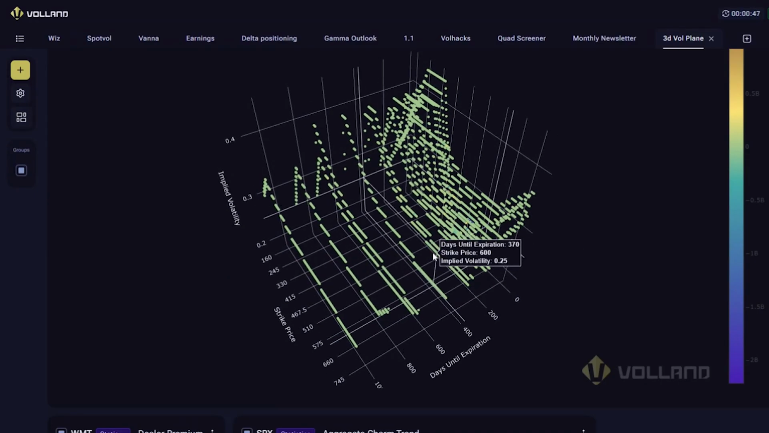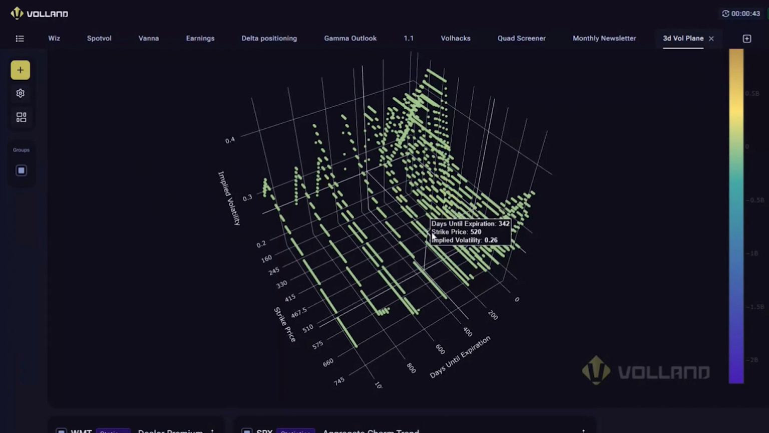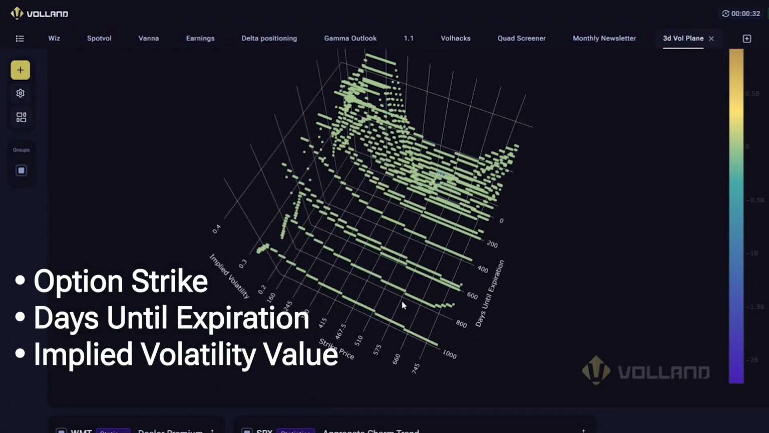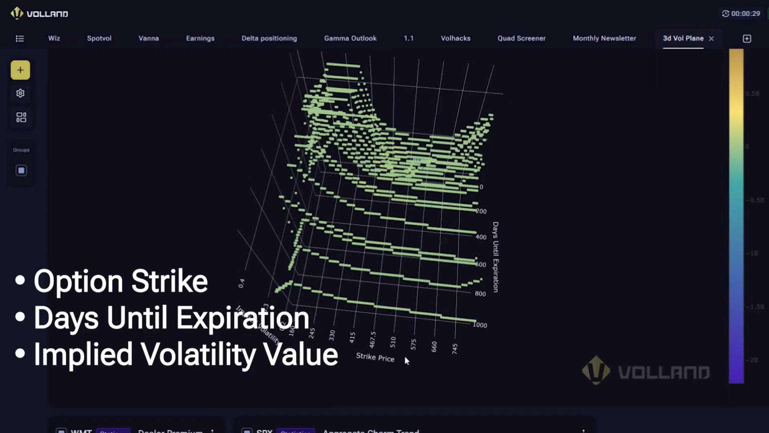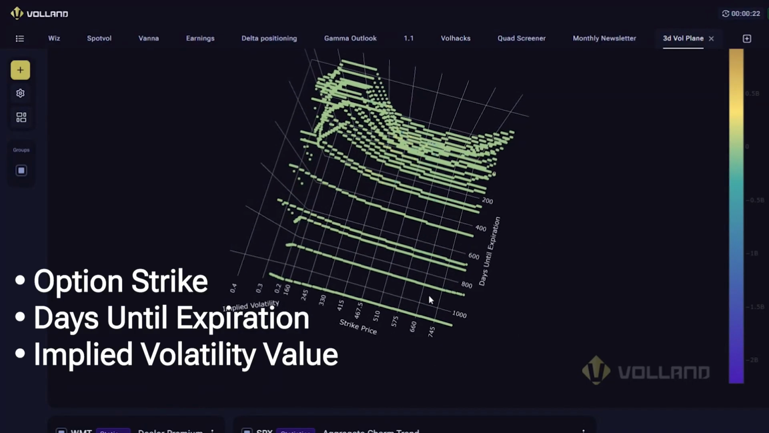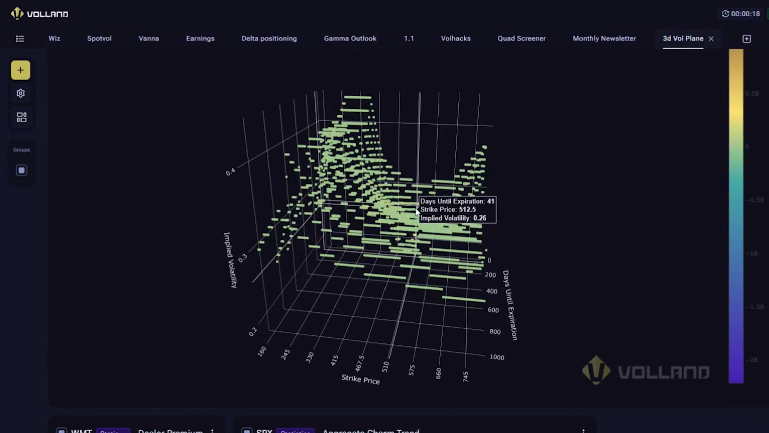First, let's discuss the dots. Instead of interpolating implied volatility for strikes that don't exist, we decided to use single points to display the fixed price volatility of each option. The three dimensions shown are option strike on the x-axis, days until expiration on the y-axis, and the implied volatility value on the z-axis. By hovering over a dot, you will see a tooltip that will show you the value